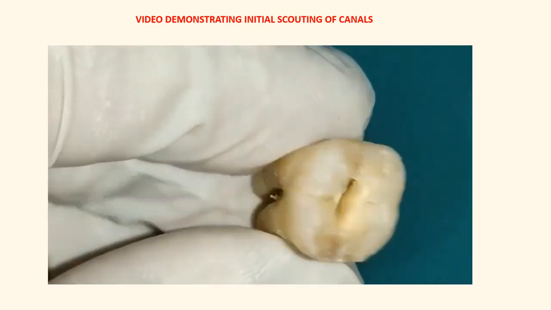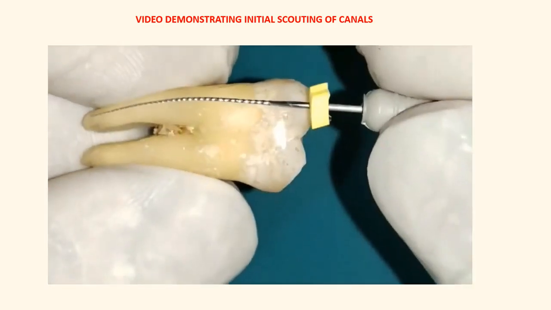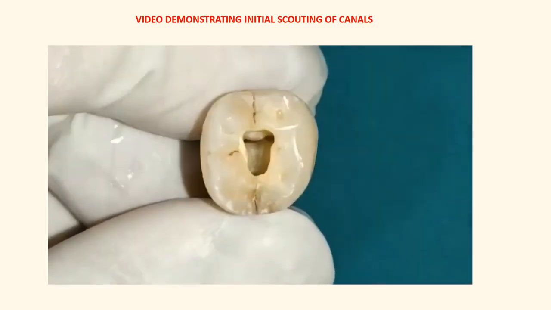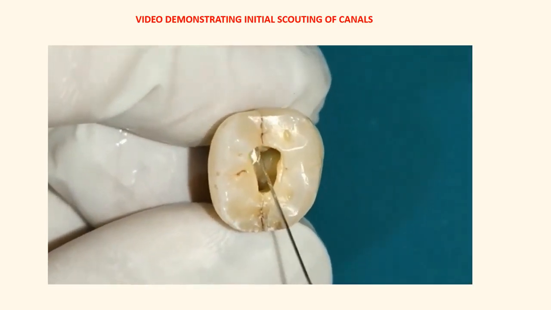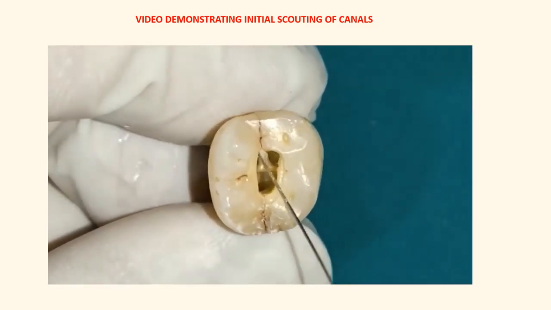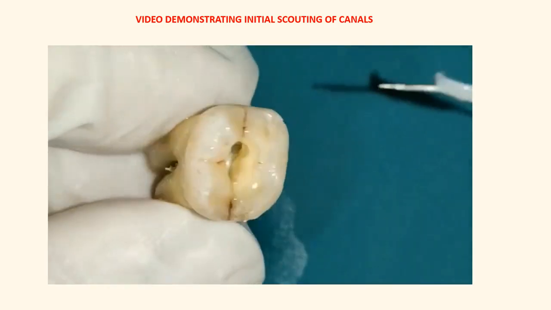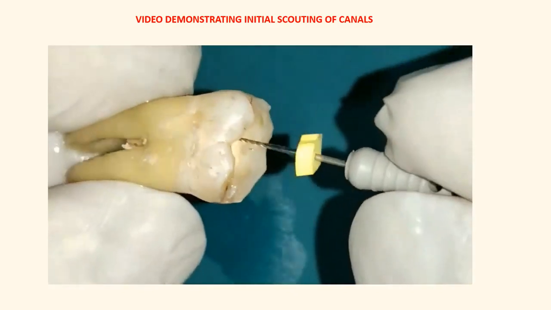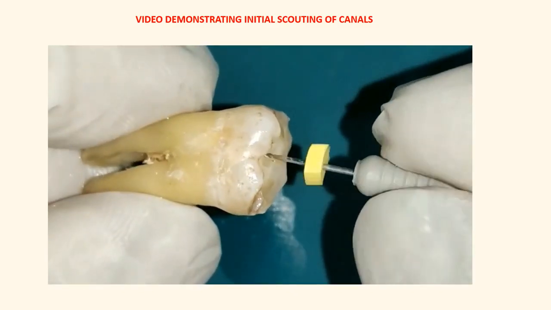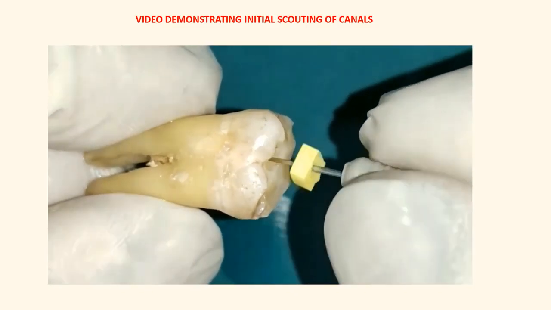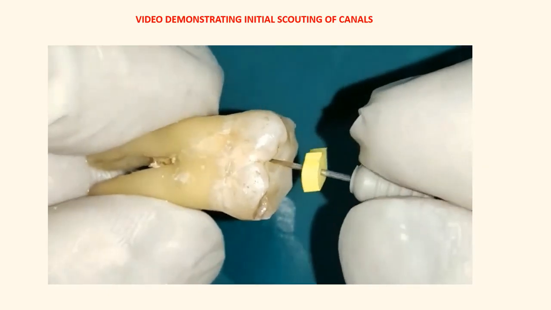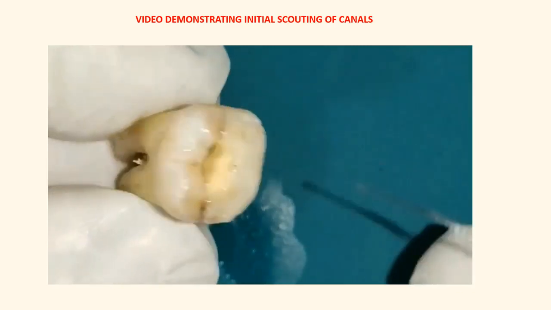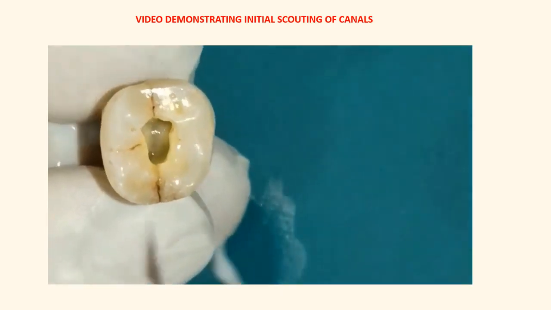This is the most important step in glide path preparation. It is done with a number 8 or 10 K-file. The chamber is flushed with sodium hypochlorite. Then a pre-curved file coated with EDTA gel is passively inserted till resistance or 2 to 3 mm short of the estimated working length. Don't force or push the file to reach the apex. Please remember that in this step we are not reaching the apex.